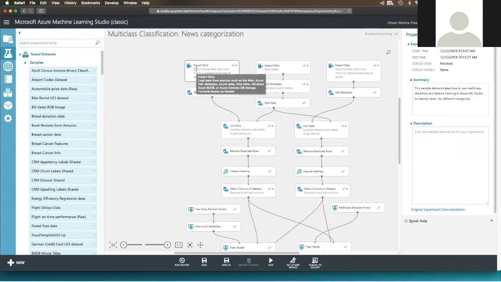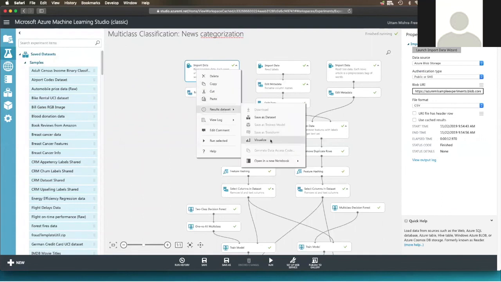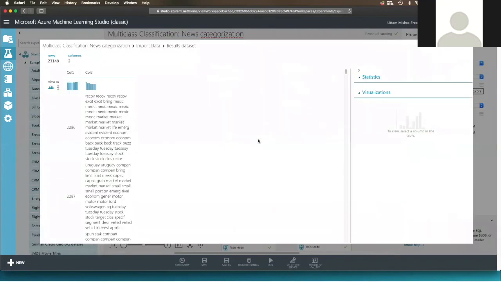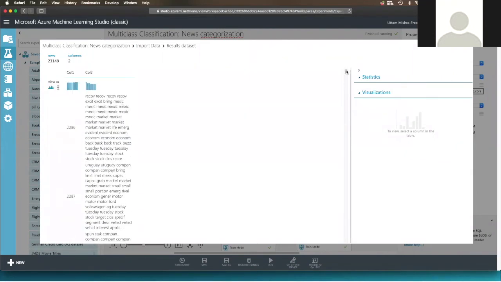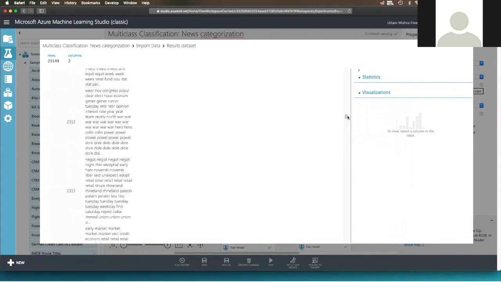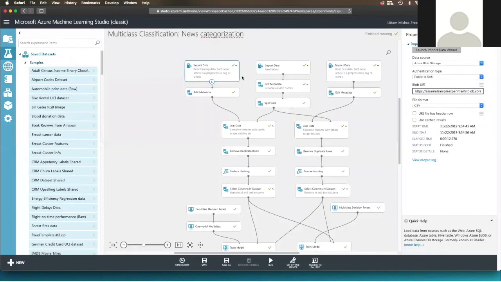What this is doing is it's taking three sets of inputs. One good thing about this is you can actually just go and visualize this. So if I want to see what data it is, I can actually take a peek into that data. So here there is this news category. As you can read from here, the raw data at this point, they have stripped out common use words, so you just have some keywords. You could do that implementation yourself if your data is raw, by implementing something which would strip out any of the data.